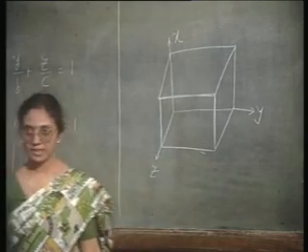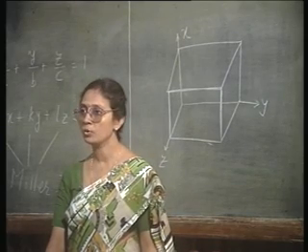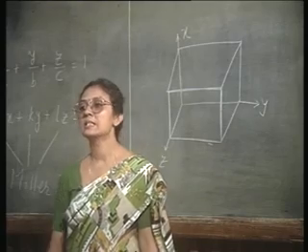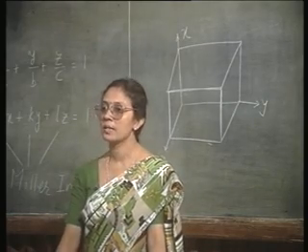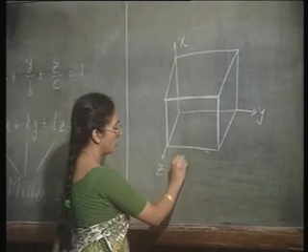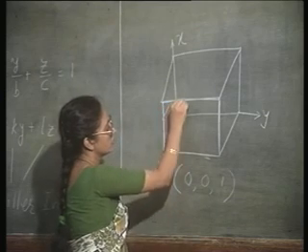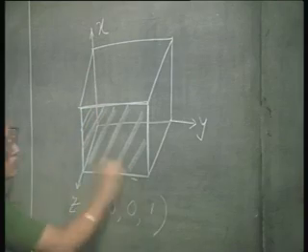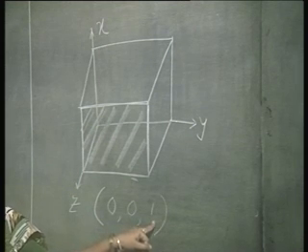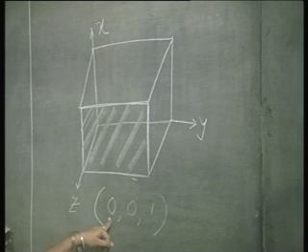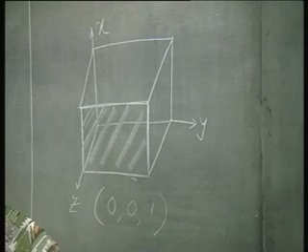This makes an intercept on the z axis and it is parallel to both x and y axis, that is its intercepts on the x and y axis will be infinite. What is this plane called? This plane is therefore called 0, 0, 1. Its z axis intercept is 1, the reciprocal of 1 is also 1, its x axis intercept is infinite, reciprocal of that is 0 and its y axis intercept is also infinite, the reciprocal of this is 0.